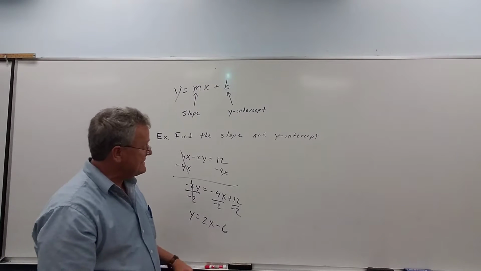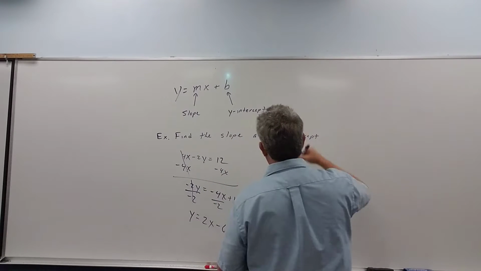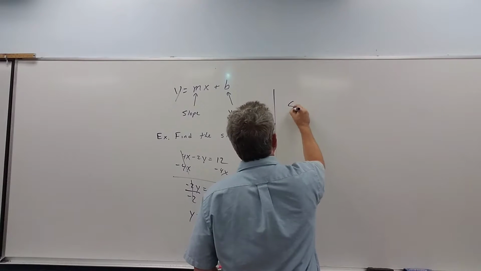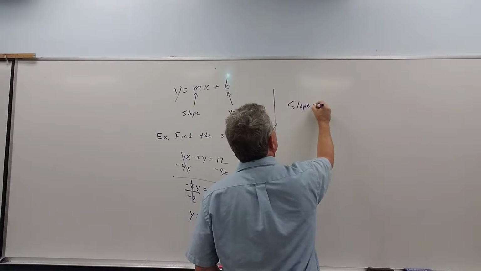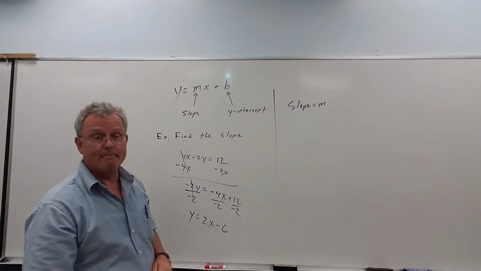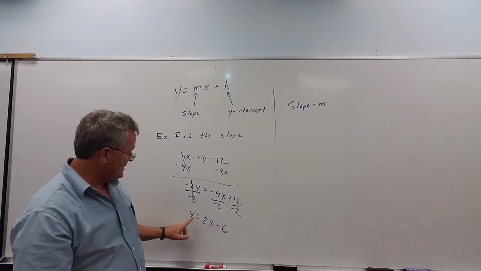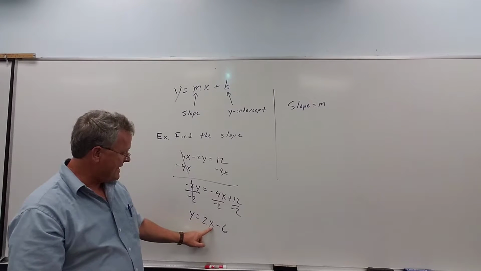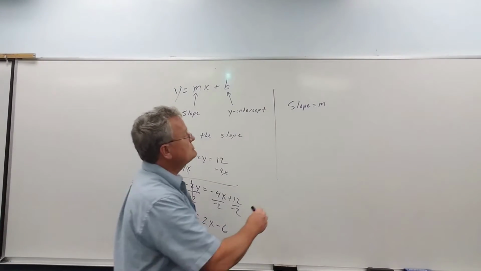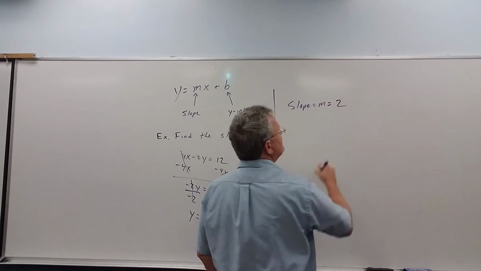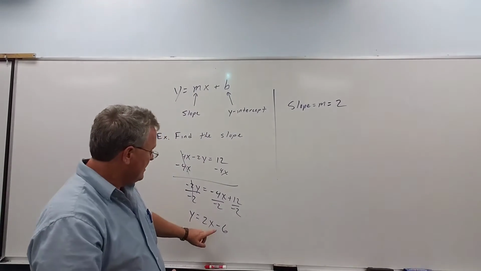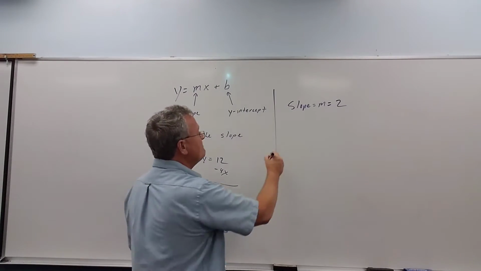So now we can identify the slope and the y-intercept. So the slope, which in algebra we represent with a small letter m. The slope, we can see y equals mx plus b. M is 2, so the slope is 2. You could think of that as 2 over 1. But the y-intercept,